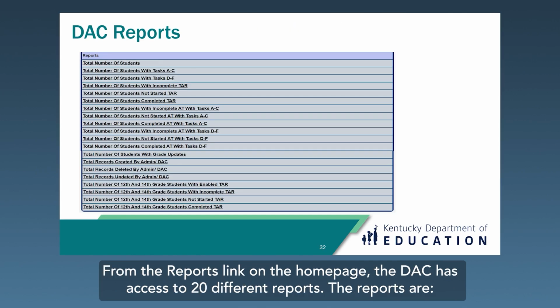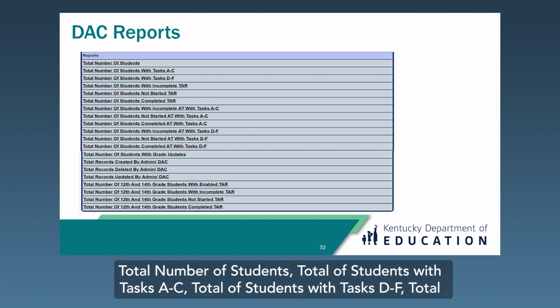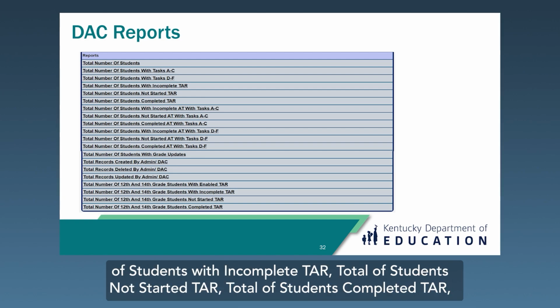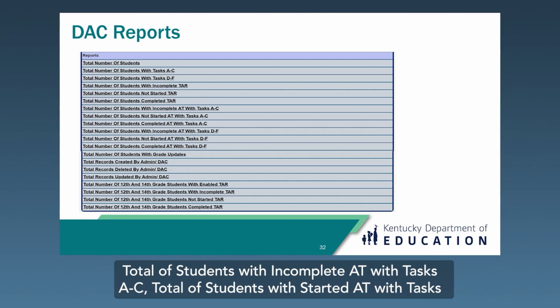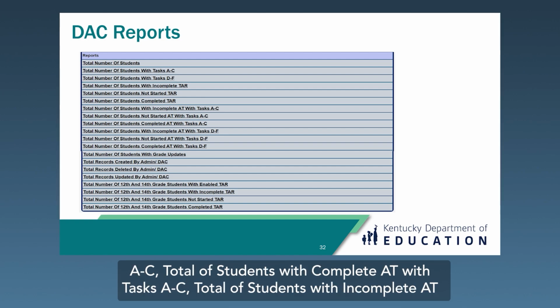From the Reports link on the home page, the DAC has access to 20 different reports. The reports are total number of students, total of students with tasks A through C, total of students with tasks D through F, total of students with incomplete TAR, total of students not started TAR, total of students completed TAR, total of students with incomplete AT with tasks A through C, total of students with started AT with tasks A through C, total of students with complete AT with tasks A through C,